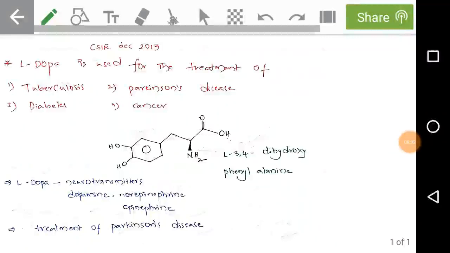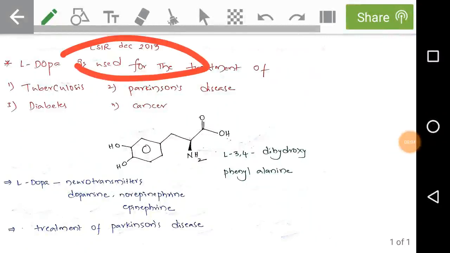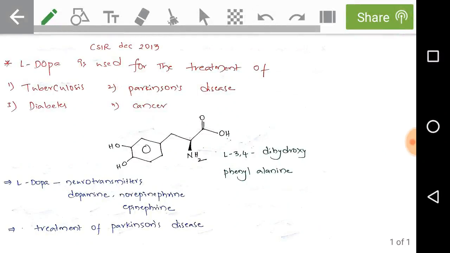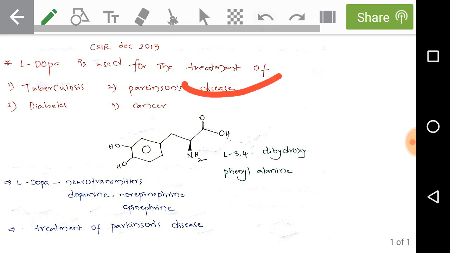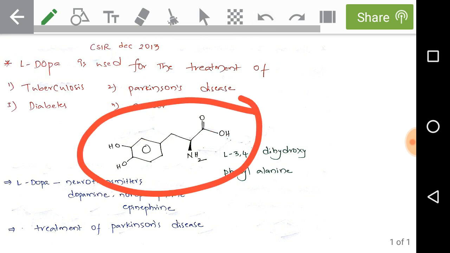Hi, now we are analyzing CSIR December 2013 Chemical Sciences. Just look at the given problems. L-dopa is used for the treatment of tuberculosis, Parkinson's disease, diabetes, cancer. Answer is Parkinson's disease. Okay, just look at the structure of L-dopa, which is also called levodopa, and here